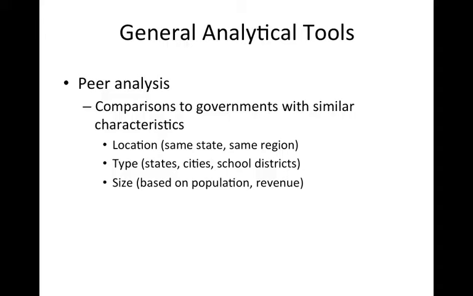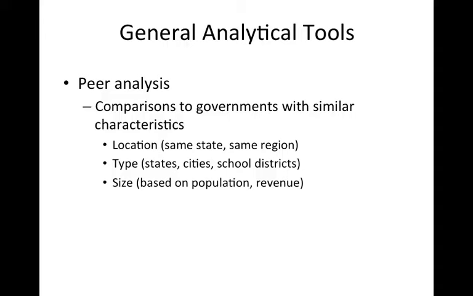And your comparisons might be based on location. You're looking at a village, and so you look at all the other villages in that county, or all the other villages in the state, all the other counties in the state, all the other school districts. Maybe if it's a big city, you're looking at other major cities around the country with which you believe your city is a competitor. Certainly type. You're not generally going to compare a state to a county. You're going to compare states to other states, school districts to other school districts, water and sewer utilities to other water and sewer utilities. And another key characteristic that is going to define that peer group is size, either population